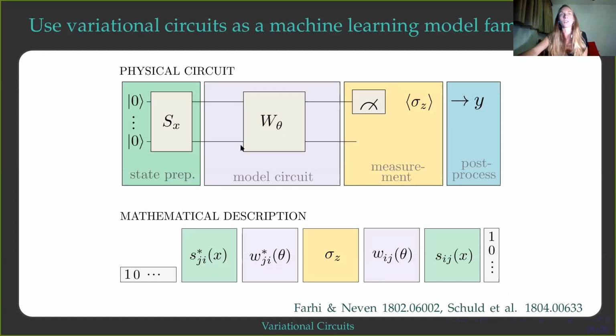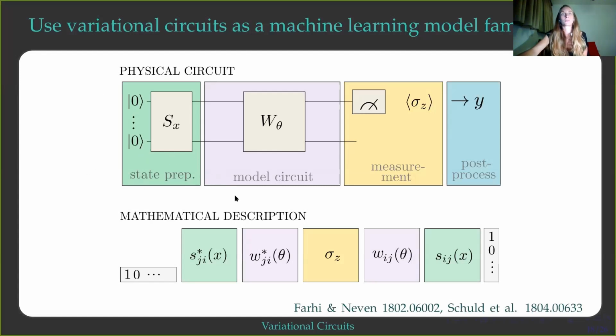And a lot of people and a lot of work in quantum machine learning of this type has focused on this model circuit here. What can we use as an ansatz for this model circuit? What's more powerful? What does entanglement do to your predictions? A lot of literature, and this is very beautiful literature actually, has also focused on how we can train these models. So this classical feedback loop here: how can we get quantum gradients out of models? I want to talk about this, but this is also something that I'm really interested in and active in as well. However, what I'm saying is this is actually your entire quantum machine learning algorithm in some sense,